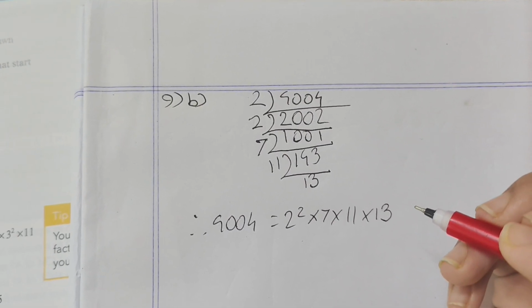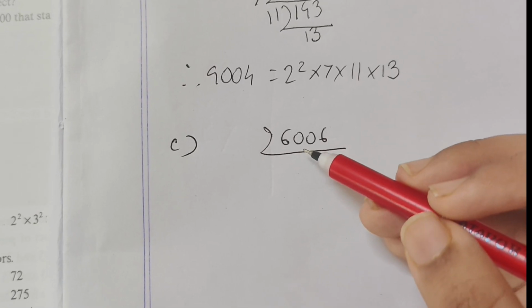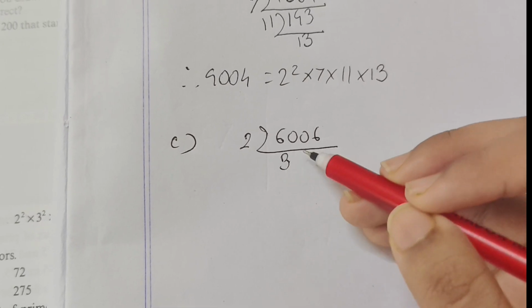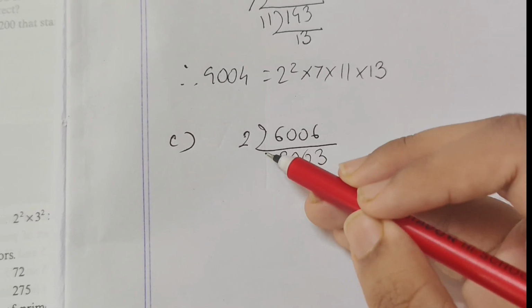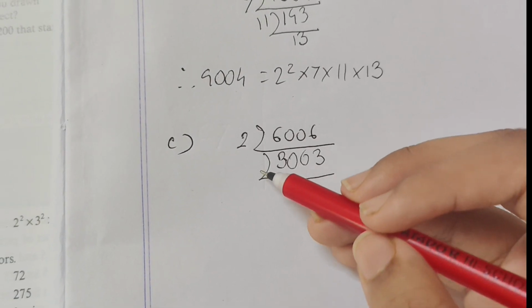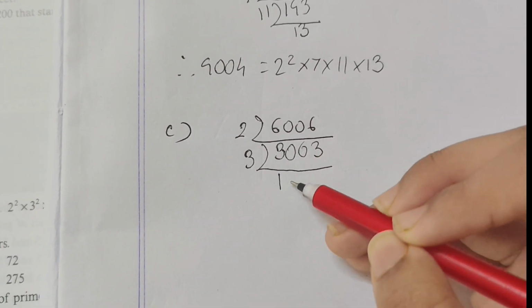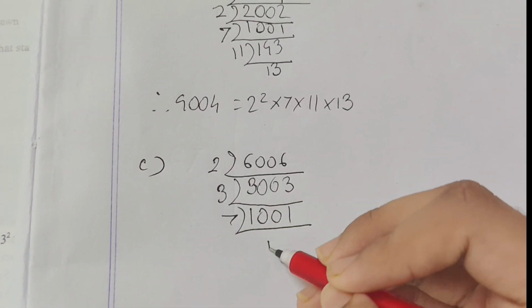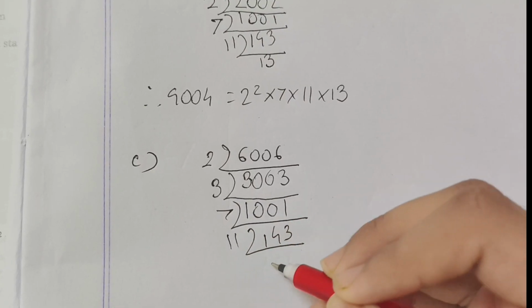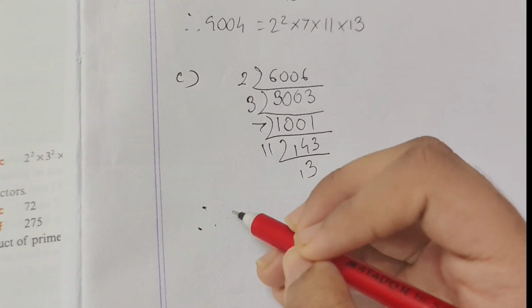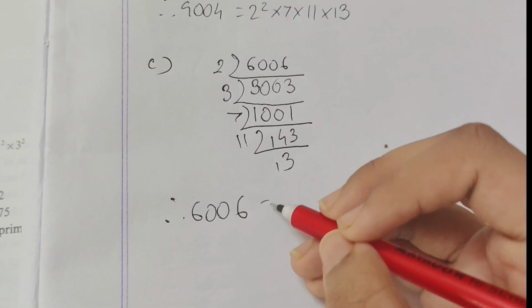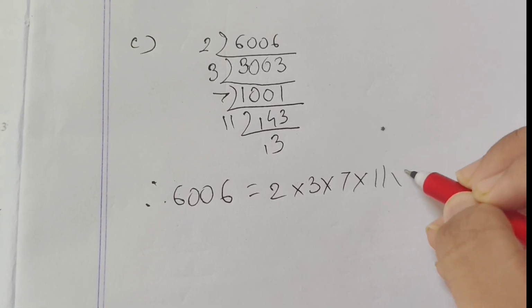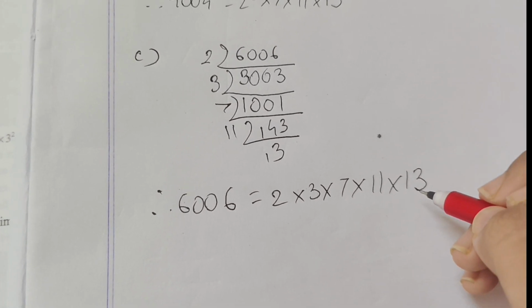of prime numbers. For number C, 6006 is also divisible by 2, which gives us 3003. 3003 is divisible by 3, which gives us 1001. And just like before, we just copy paste what we have already done. Therefore, 6006 can be represented as 2 multiplied by 3 multiplied by 7 multiplied by 11 multiplied by 13 as a product